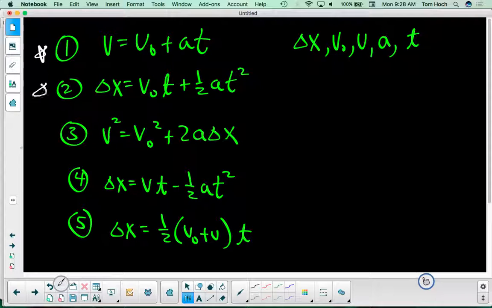What's the difference between the second one and the fourth one? All right, the fourth one, this is V final, that's V initial, and this is plus, and this is minus. But other than that,